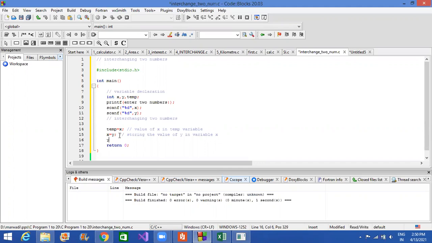Now I'm overwriting y as y is equal to temp. So what I have done is storing the value of temp in y. Okay, so everyone will have one question, that why we cannot write